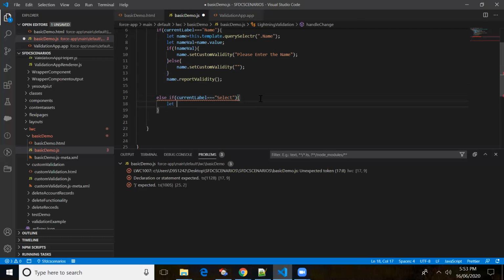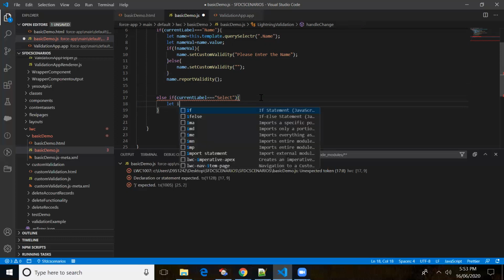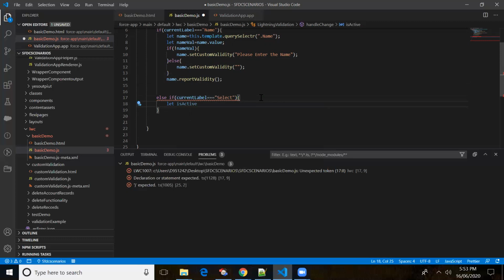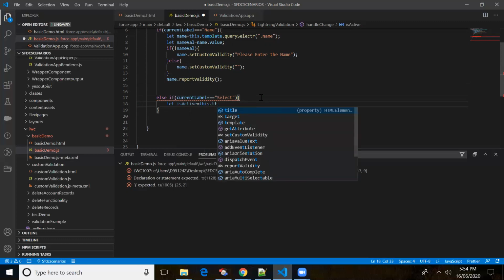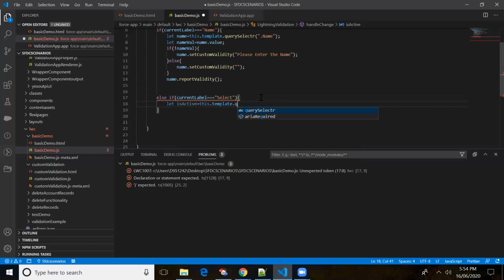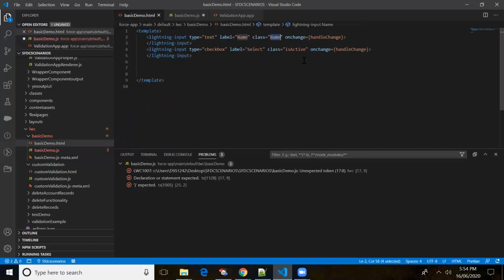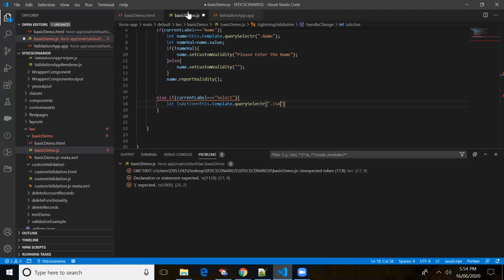Let me write the logic for select as well. Let me create a variable, let isActive equal to this.template.querySelector. What was the class name for the second input? isActive, right?